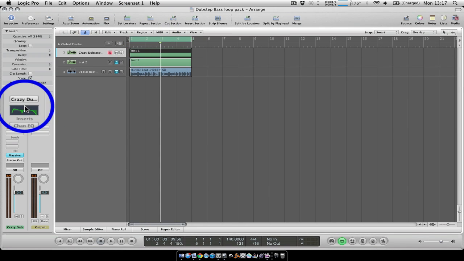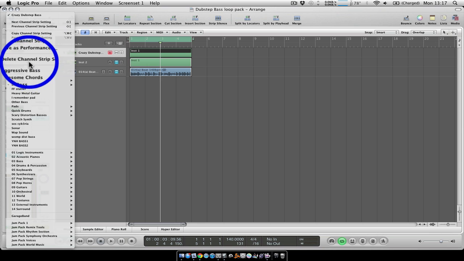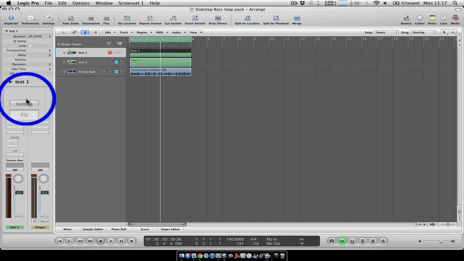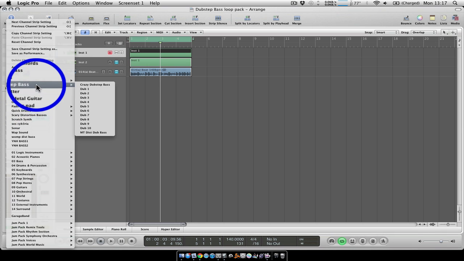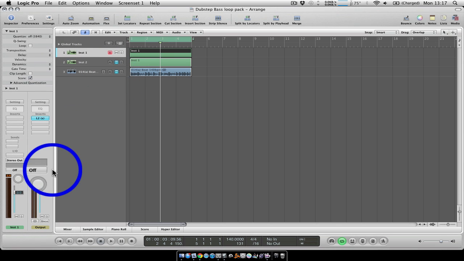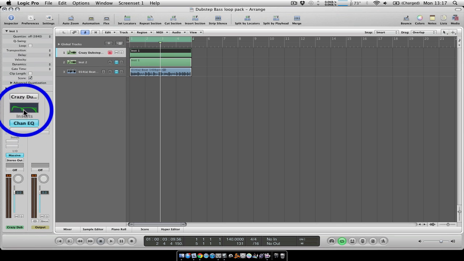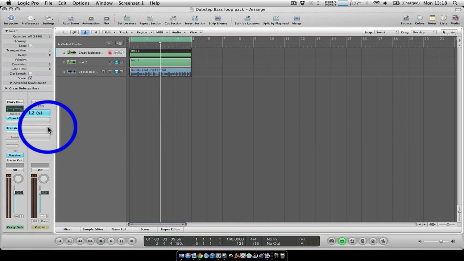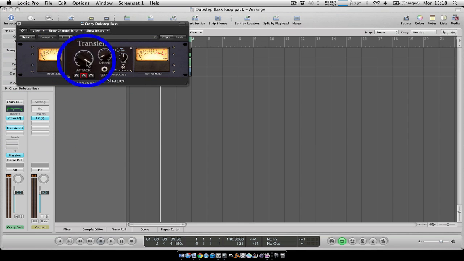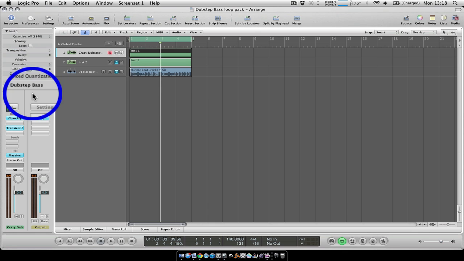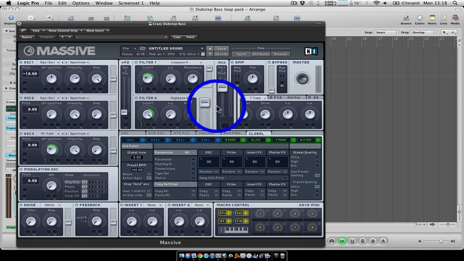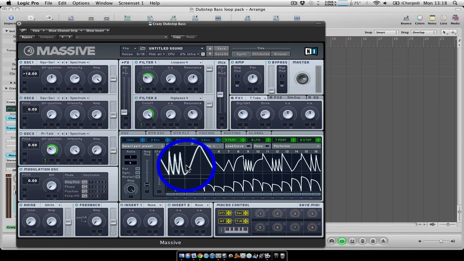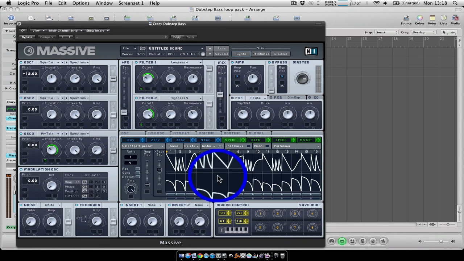So I'll show you one I've created earlier anyway. Here we go. And what I've done is I've applied a channel EQ, raised up that bottom end, scooped out the middle just to texture the sound a bit, and add a transient shaper, which is a great plugin. It stops stuff from clipping and you can really drive the attack on it as well. And if we look at what I've done, I've really started to experiment with that step performer, and now if we listen,